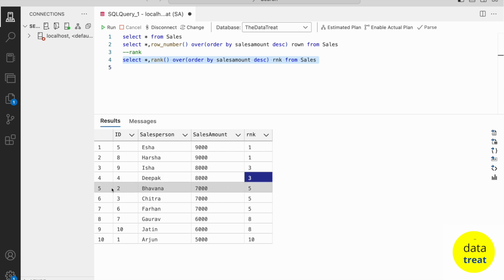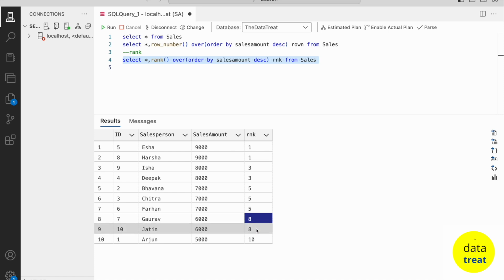Again it came to this position. So how will it decide this rank? It will again ask how many duplicates were there, 2, right, for 3. So 2 plus 3, 5. Similarly for 5, we have 3 rows with the same rank 5 because all are equal. So how will it decide for this row? 3 duplicates, so 5 plus 3, 8.